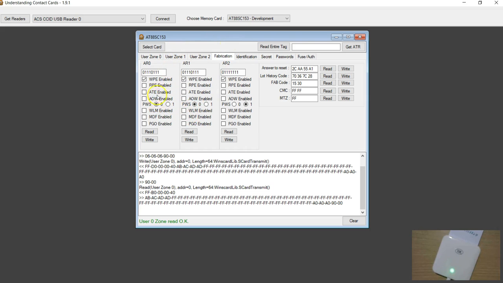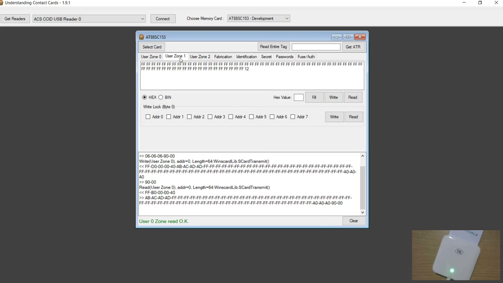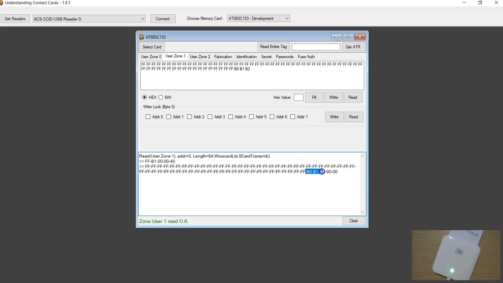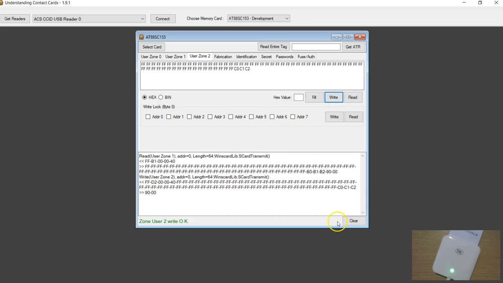So by having all the 3 zones set to the same password, you are treating them as one single bigger zone. That's an interesting point to remember. Now I can go to zone 1 as well, and I can modify and write. So you're able to modify. If you try to do the same thing for zone 2, write. If you try to read,